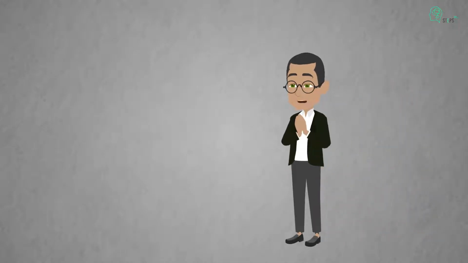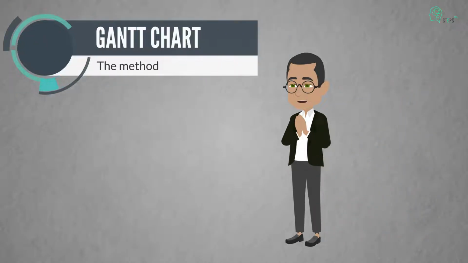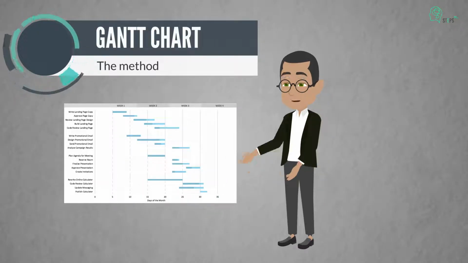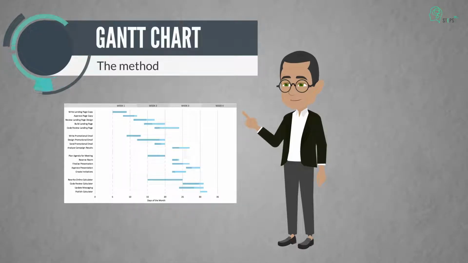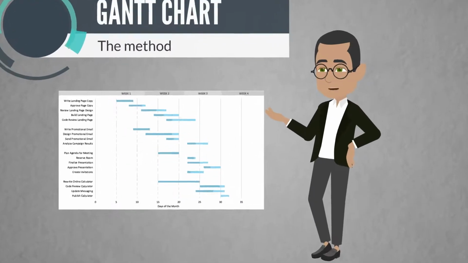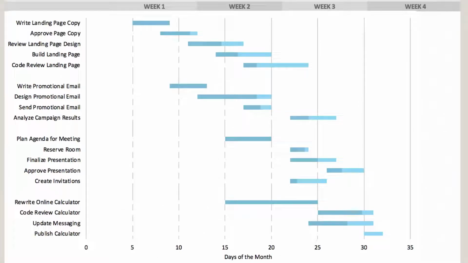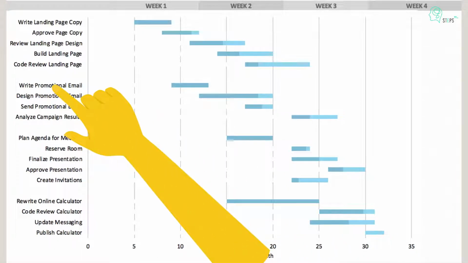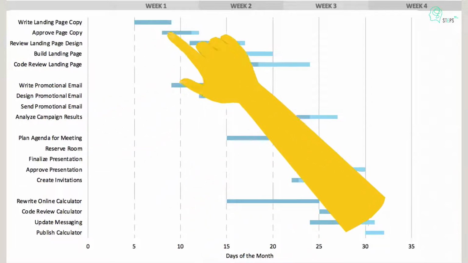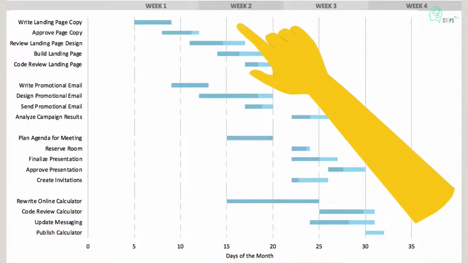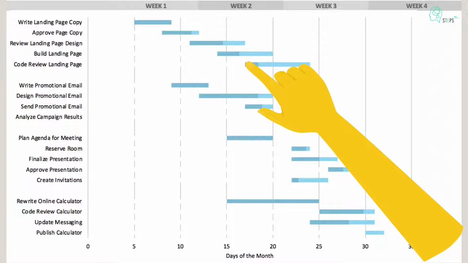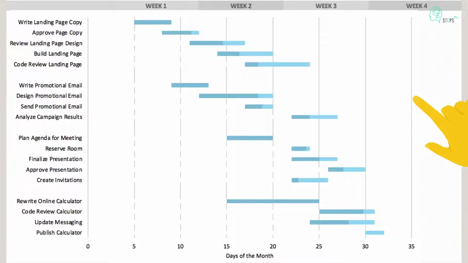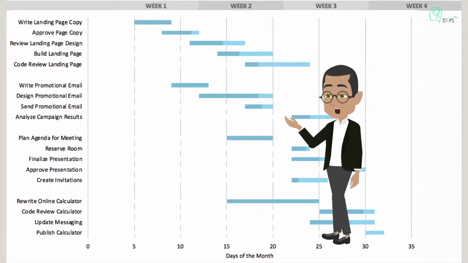The Gantt chart. The Gantt chart is one of the most common and effective methods of displaying activities, tasks, or events against time and is frequently used in project management. A list of activities is located on the chart's left side, and a suitable timescale is located along the top. A bar is used to symbolize each activity, and the position and length of the bar corresponds to the activity's beginning, middle, and finish dates.